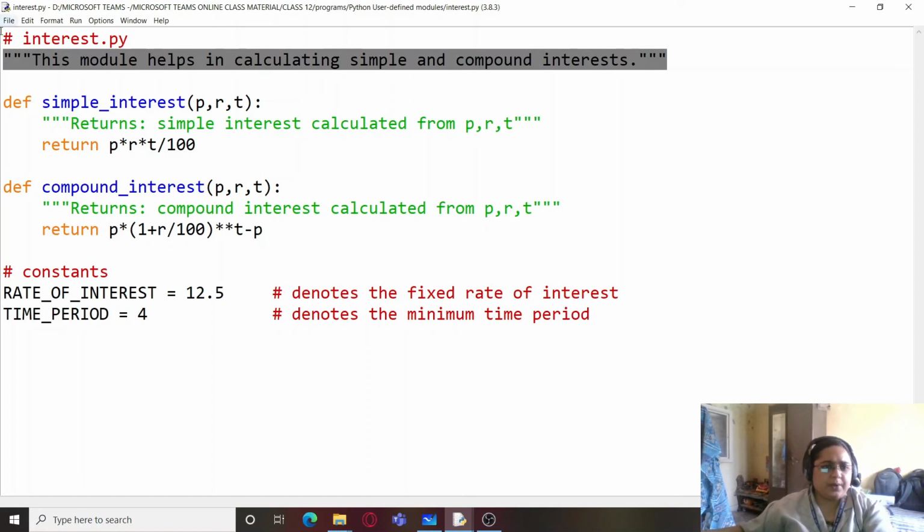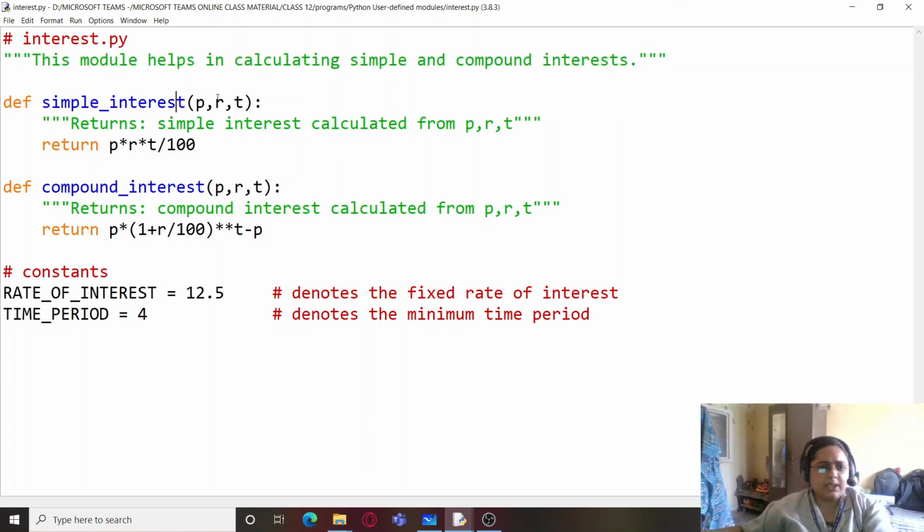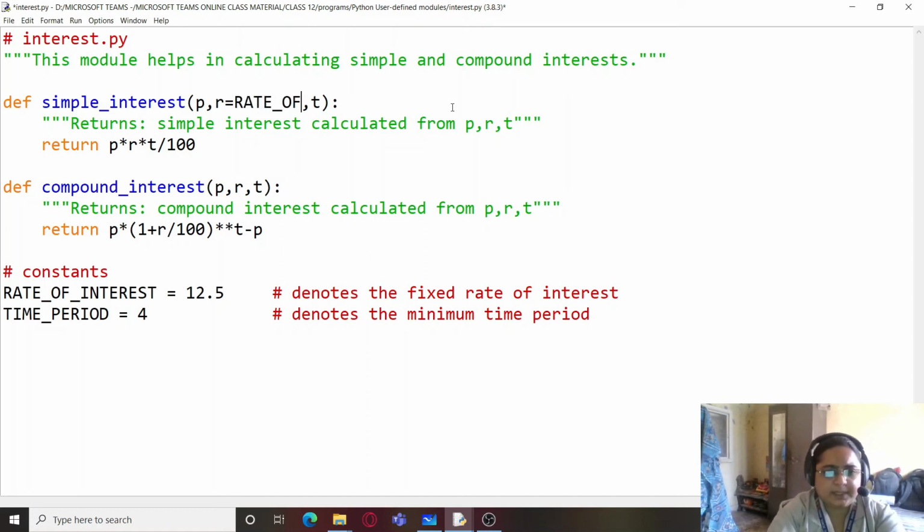Then there are two functions which are taking up three compulsory arguments. If you want, you can also change them into optional arguments. So here I can turn them into optional arguments by accepting rate of interest and time period.